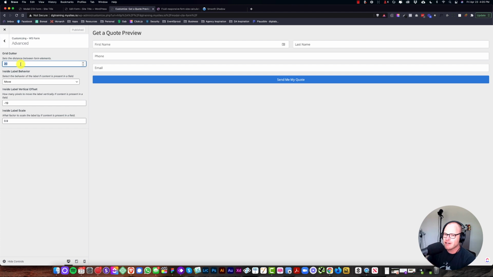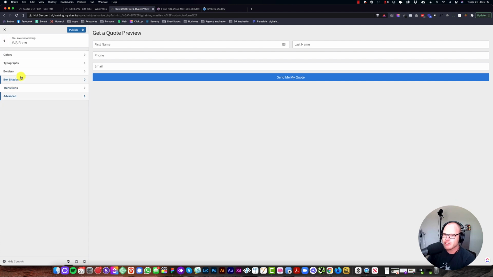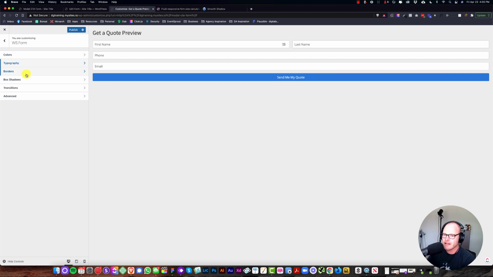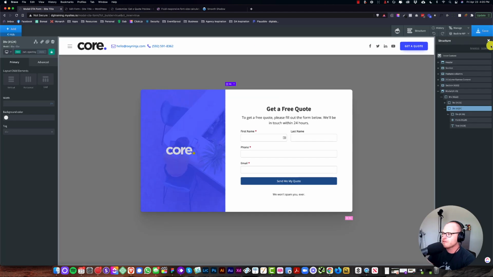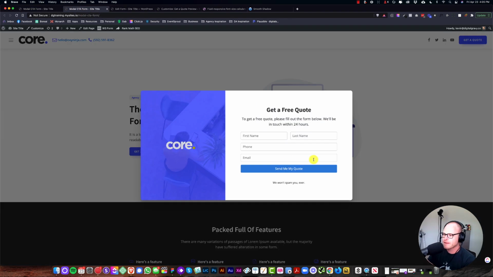Advanced grid gutter is a bit aggressive. I want that to be more like 16. And transitions, borders, typography, fonts, I think all that's good now. Okay, let's just hit publish, and let's see what we've got. Okay, let's go back to, if we can find our page here. There it is. Okay, so we've got a nice responsive